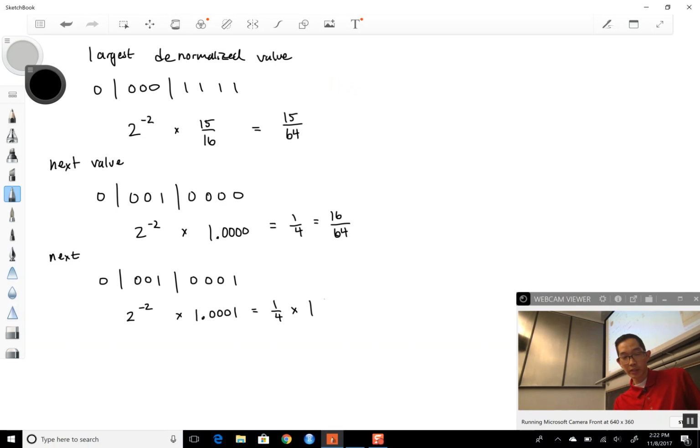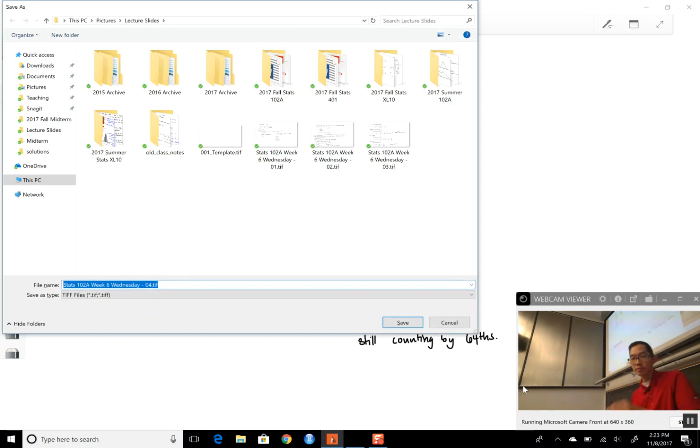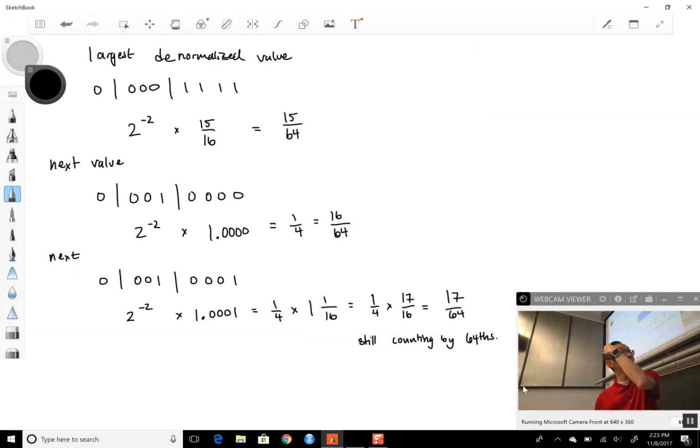times 1 and 1/16. Okay, and so all right, so 1/4 times 17/16, or 17/64. So we're still counting by 64ths. Okay. If I continue on,